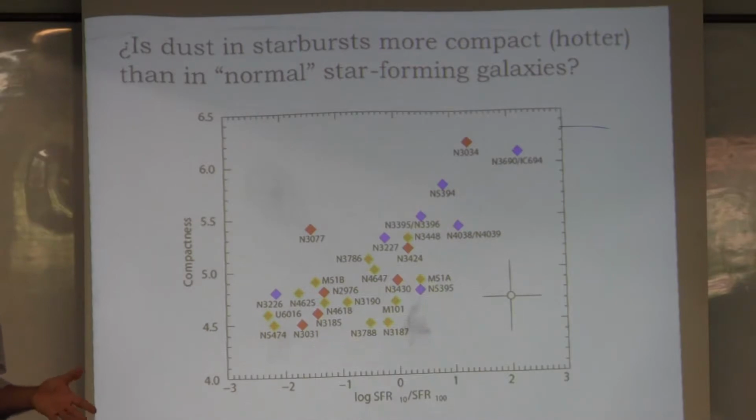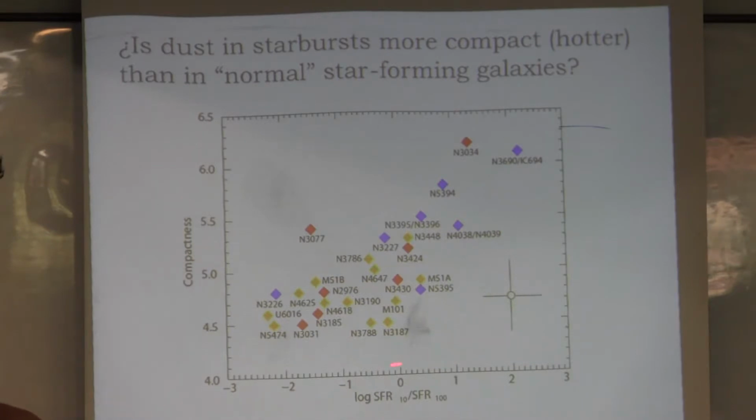What is the specific star formation rate? It's not only how many stars are being formed in these systems, but how many stars per unit of stellar mass. Because some systems can be forming more stars just because they are more massive in general. But if you measure the star formation rate per unit stellar mass, you have a better idea of the actual efficiency of these systems of forming stars. So you can consider that a tracer of that, and then you plot it against the compactness.